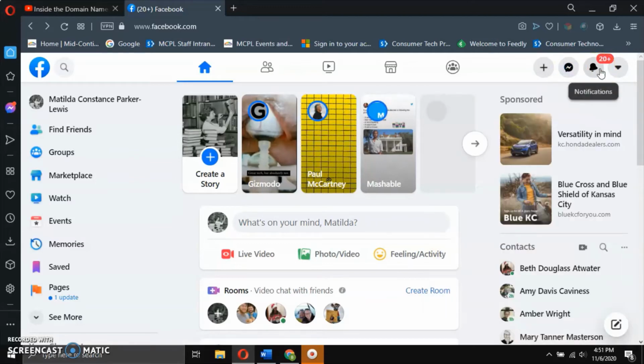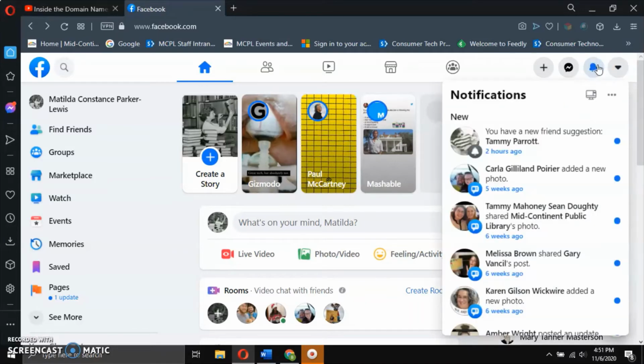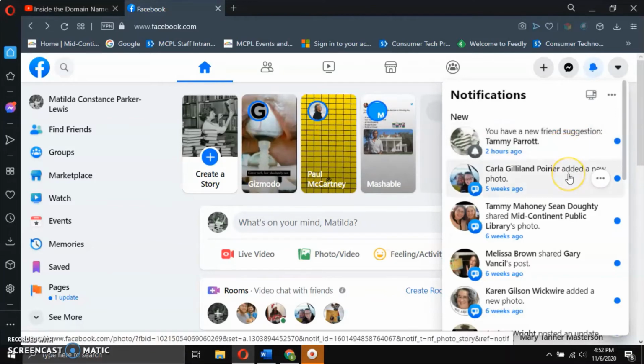Then there's your notifications. So you will check this pretty much all the time when you access Facebook. Notifications are pretty much updates on what your friends are doing, if you have new friend suggestions, if someone's shared a new post or a picture, or they've updated their status and they haven't in a long time. It's pretty much anything and everything you want to be notified about. So you can customize what's here. If you don't want to know about new friend suggestions or know when someone does something, you can modify those